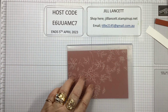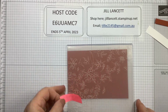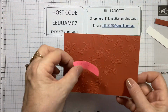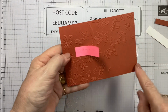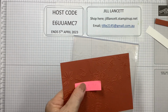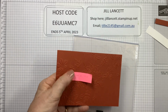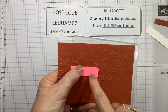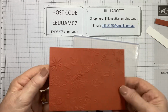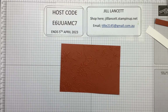So I cut some Cajun Craze cardstock down to 13.3. I've already run this through the embossing folder. So this cardstock is 13.8, not 13.3, 13.8 by 9.5. Disregard that. 13.8 by 9.5. And we're going to put that straight on the card front. But first, we're going to create that beautiful, I don't know what you'd like to call that,